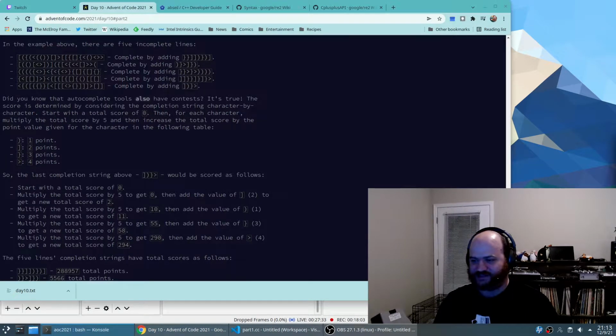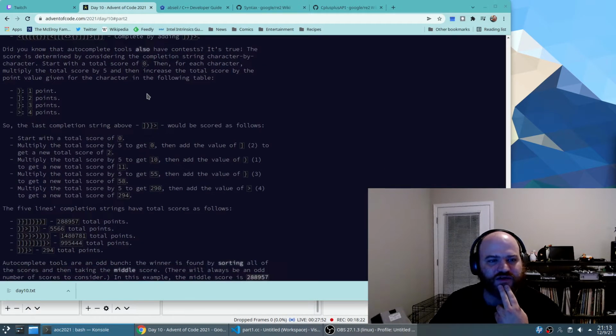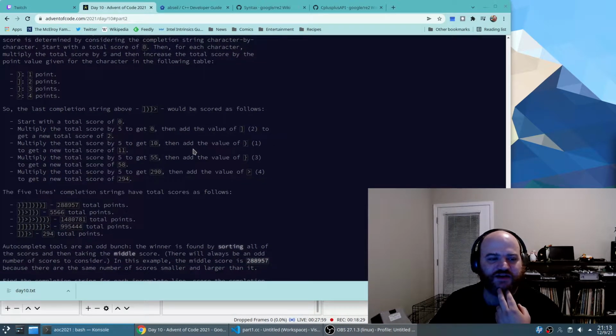So I see the scoring rules here. The score is determined by considering the completion string character by character. Start with the score 0, then for each character, multiply the total score by 5, and then increase the total score by the point value given for the character in the table. So we start with 0, and then, yeah, as we unwind our stack,